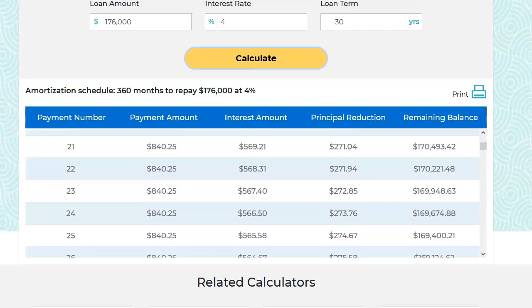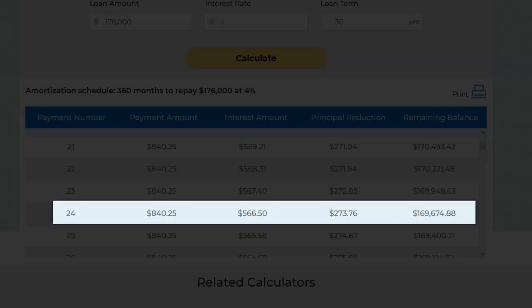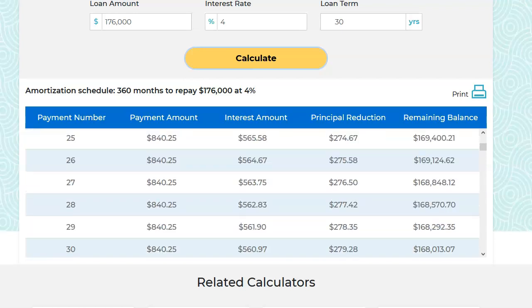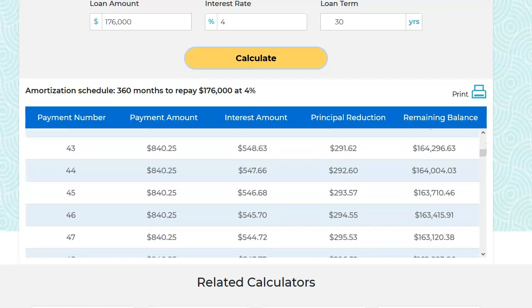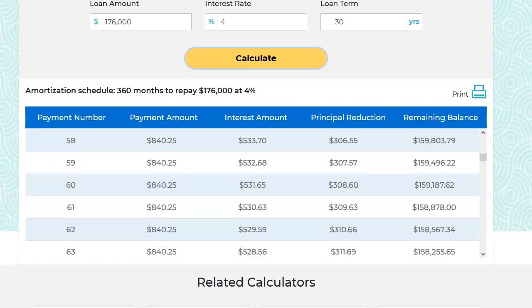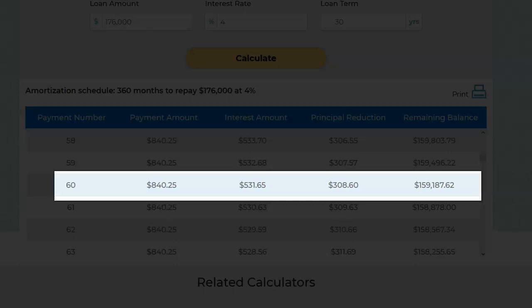Let's see what happens at payment 24. Here's payment 24. We now are paying $566 in interest, and we've gone all the way up to $273 as the amount of principal that we're reducing our balance by. And see, even after 2 years, we still owe about $170,000. Let's go to year 5. Year 5 would be month 60. And we see that we're now getting $308